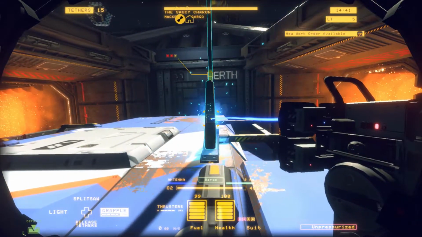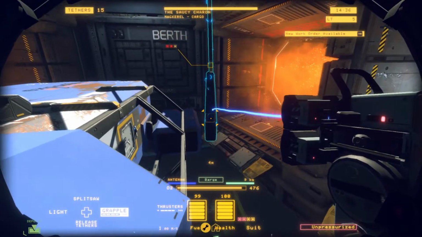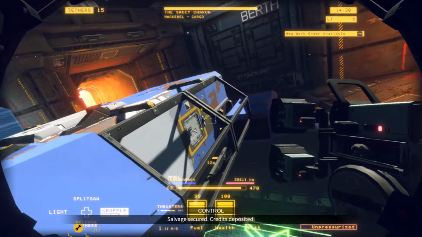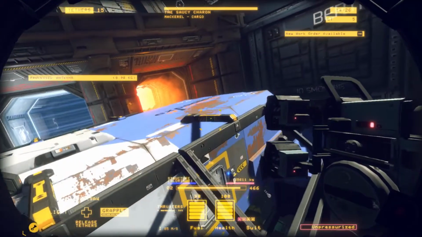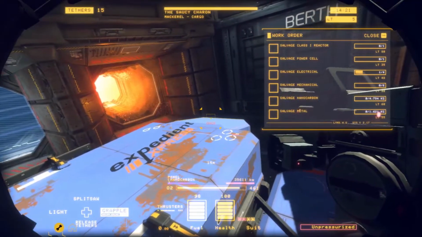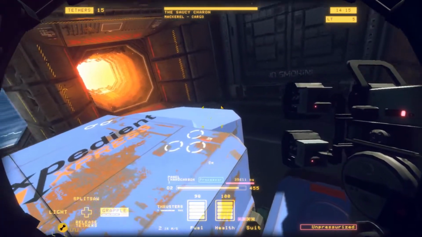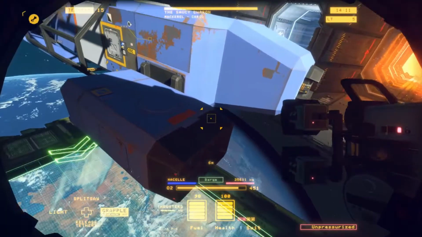Oh yeah, so usually the first thing you're going to want to do before anything else is go over here and pluck off the antenna, like you'd pull the ornaments off of a car or something. And wow, this is different looking. Salvage secured. Credits deposited. New objectives: reactor, power cell, salvage electrical, mechanical, nanocarbon, and metal. Interesting. Expedient Express. Well, it still has engine nacelles, so...